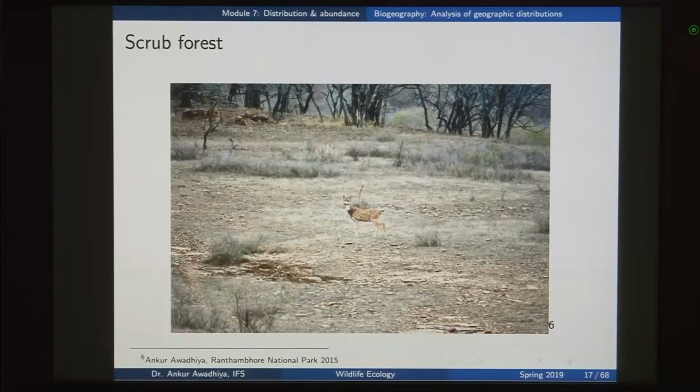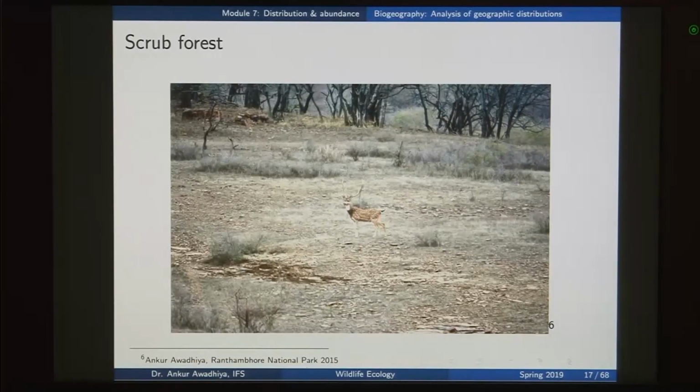Typically, these shrubs are very thorny shrubs. So, here again you have a very low amount of moisture that is available to the plants, and the plants also show adaptations to conserve this moisture. So, there would be a number of plants that would have reduced their leaves into the spines or the thorns. Now, when you have a leaf that is converted into a thorn, it not only gives protection to the plant, but that is also an adaptation through which it is able to reduce the amount of